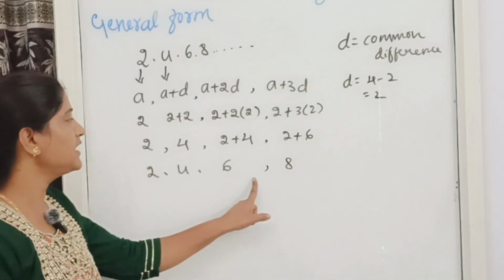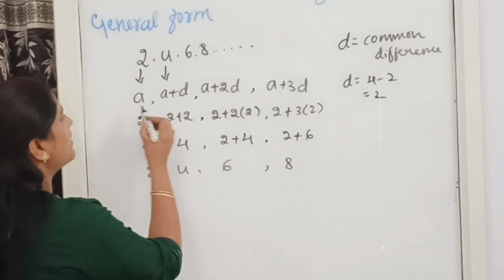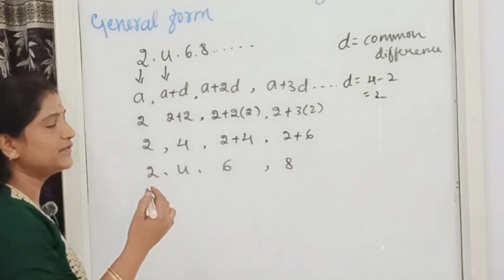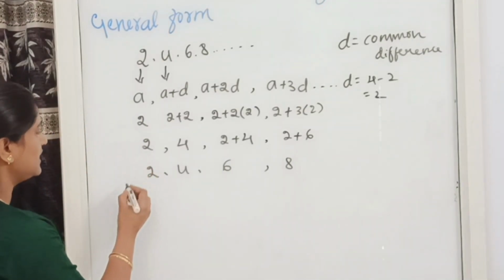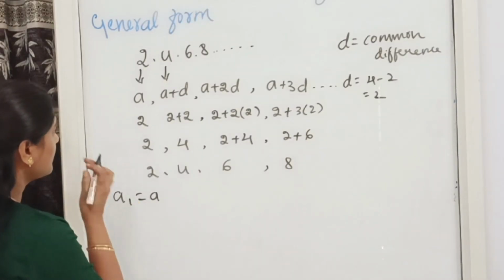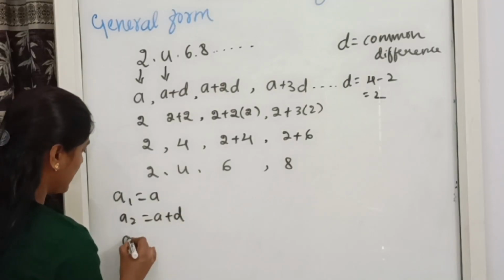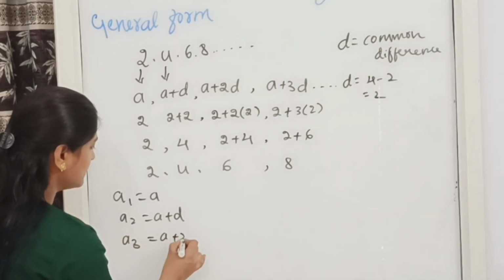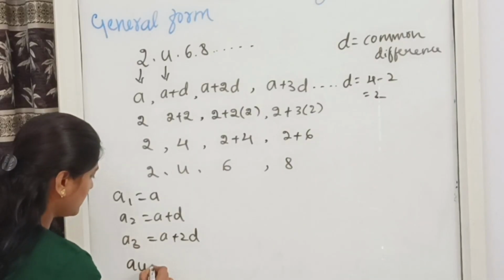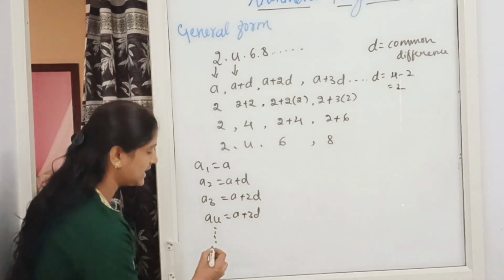So we are getting each term by using the general formula only. So this is the general formula and it continues. If the fifth term is there, we can say this. First term A1 is A, the second term A2 is A plus D, the third term is A plus 2D, and the fourth is A plus 3D. Like this it will continue. For example,